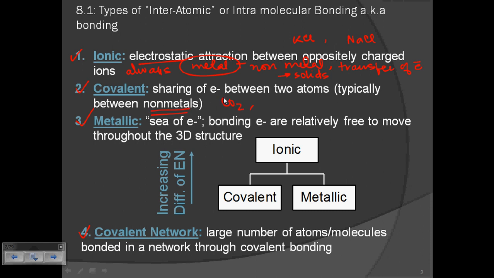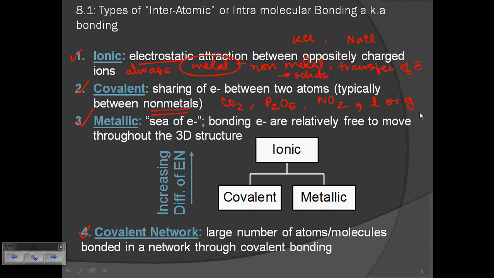For example, carbon dioxide, P2O5, NO2, etc. When there is no metal present, we call it covalent bonding, and generally there's sharing of electrons happening between them. And covalently bonded substances are generally present as liquids or gases. There are covalently bonded solids as well, like ice is one example, but the general state of covalently bonded substances is